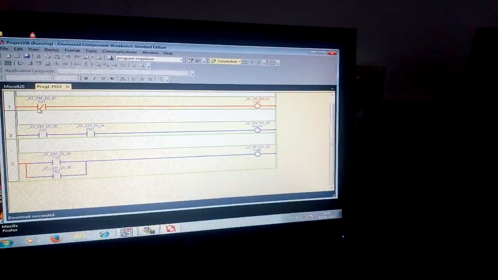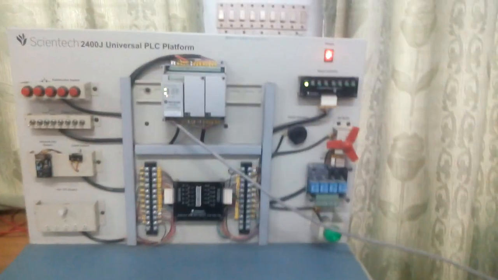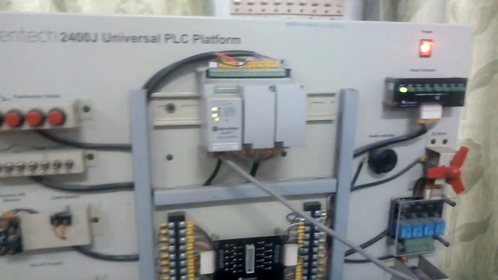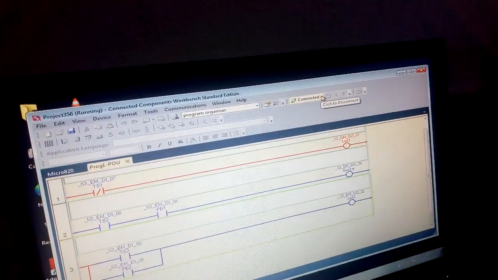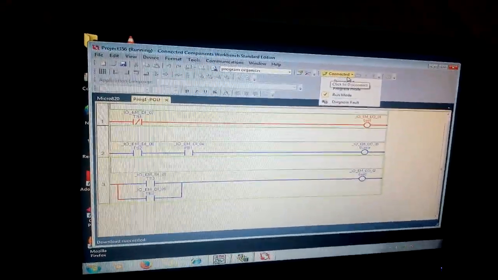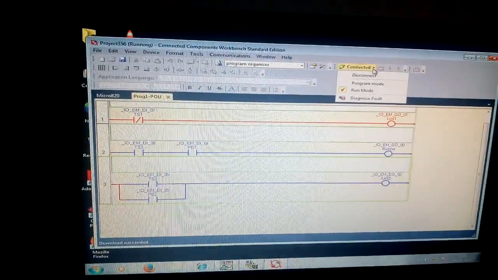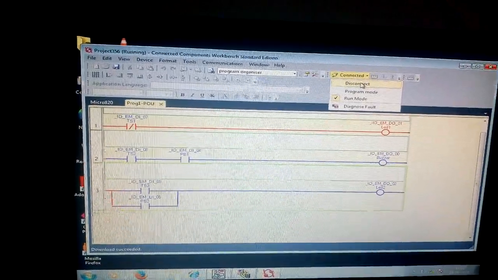Now let us see the Boolean expression. First, for disconnecting it, we need to click on this drop down box where we need to disconnect.